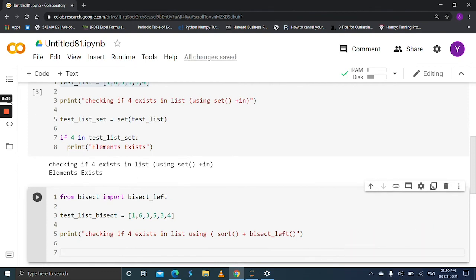Before applying the bisect left method, you need to sort the list. First, you need to sort the list. Test list bisect dot sort.